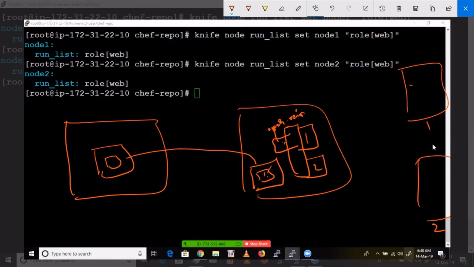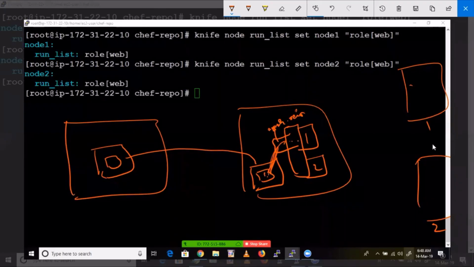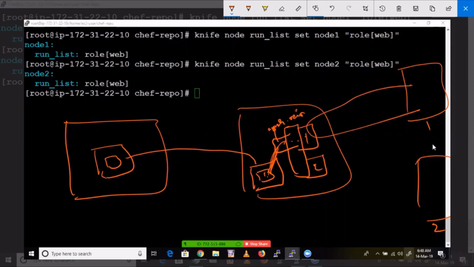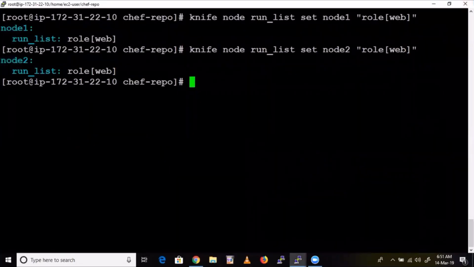Now that will get authenticated, and the physical one will be attached to this role. The role is already attached to these two nodes, and chef client will come and pull this recipe in these two nodes, both, at different timings, because we have given play timing, right? Okay, different timings. So let's do it. The only thing is that we need to upload that cookbook.